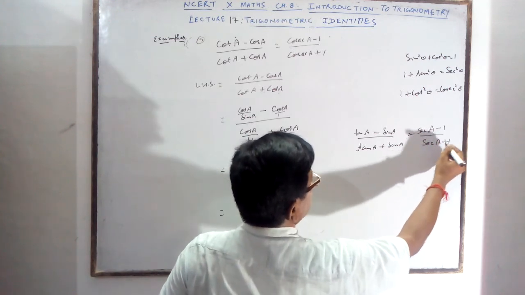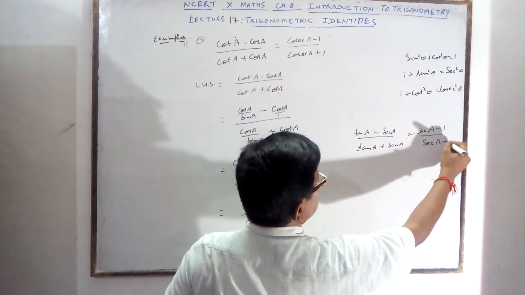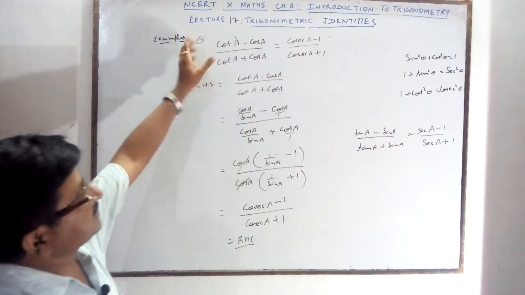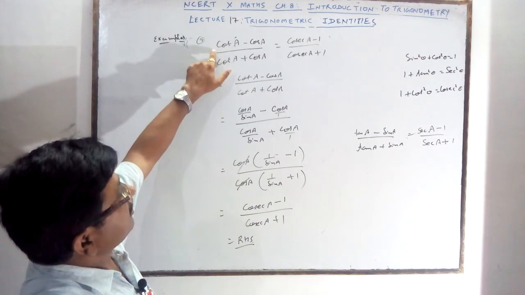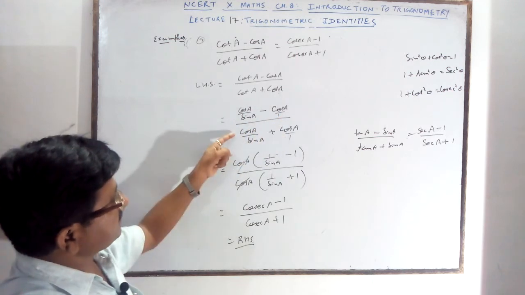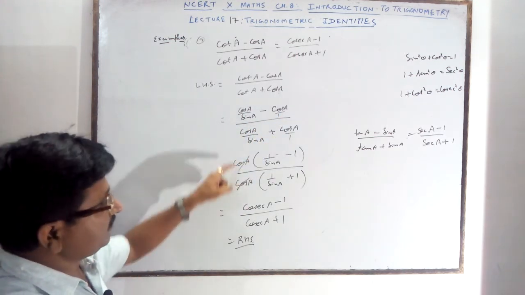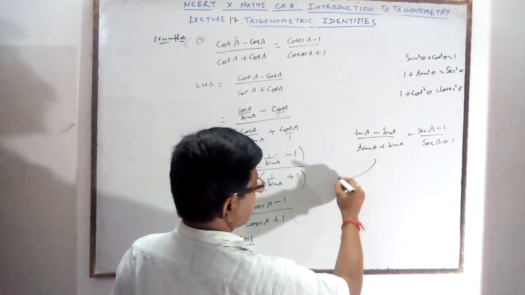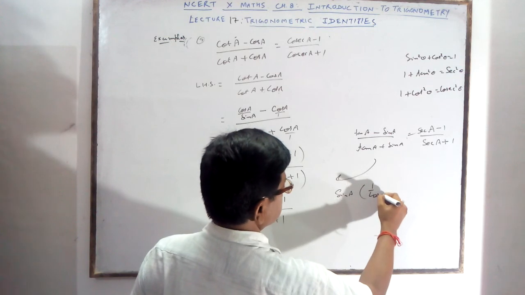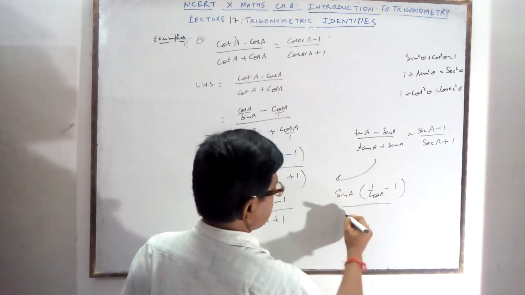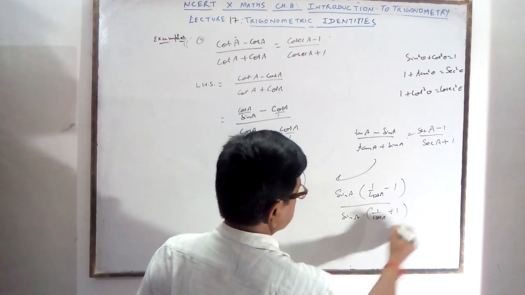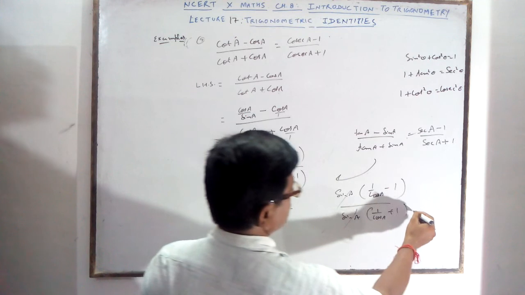Yourself you can solve. What will you do? Exactly you copy. It is a photocopy of this, only values are changed. Photocopy means exactly the same, but here I am changing cot into tan: sin upon cos minus sin, upon sin upon cos plus sin. Sin is common. At last what will you get here? Like this, sin A is common, and you will get 1 upon cos A minus 1, and here sin A is common, you will get 1 upon cos A plus 1. So this and this cancel, and you get your result.